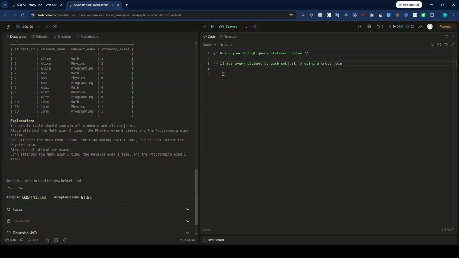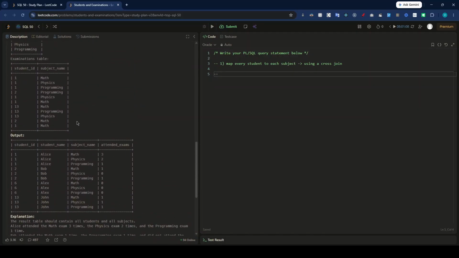And then the second task, guys: we have been given the examination table. First we need to count how many times every student has attended each particular subject. So if you see, student one and math, he has attended 3 times. How will we be able to calculate that? Absolutely we need to use a group by. We need to use a group by expression not only on the student id, but on both student id and subject,